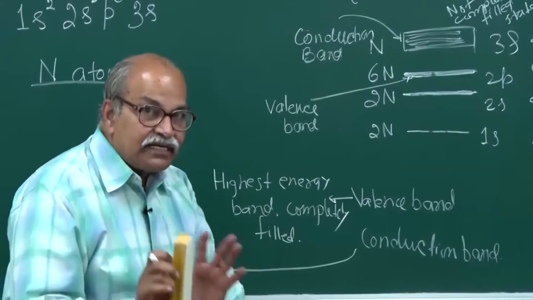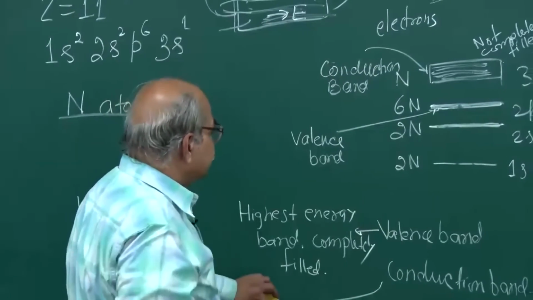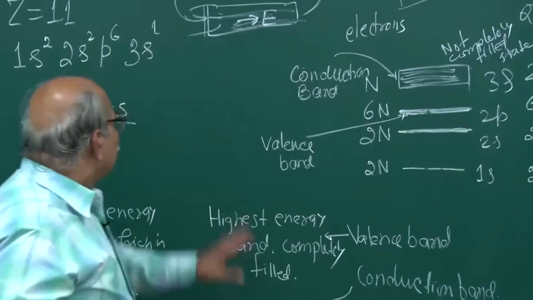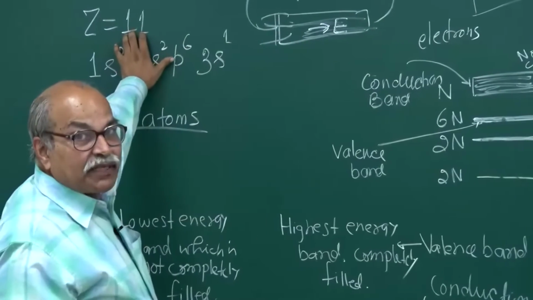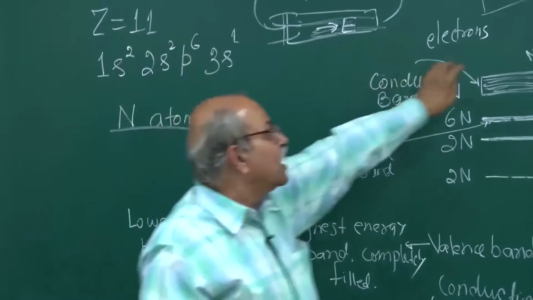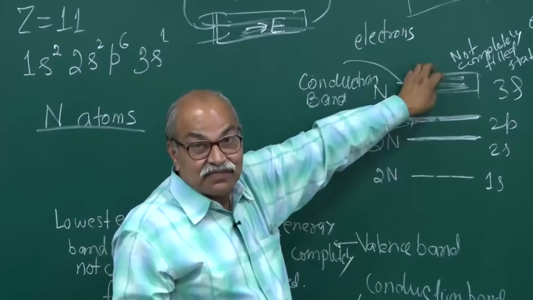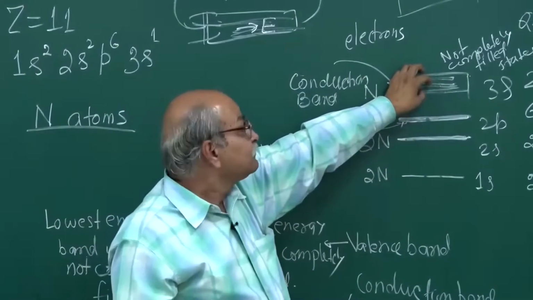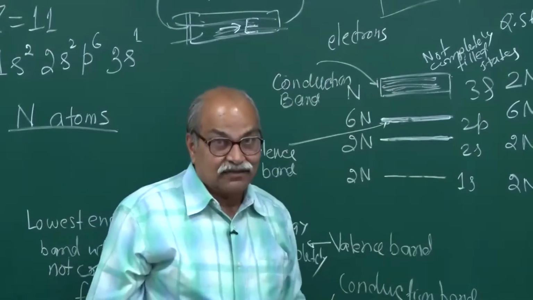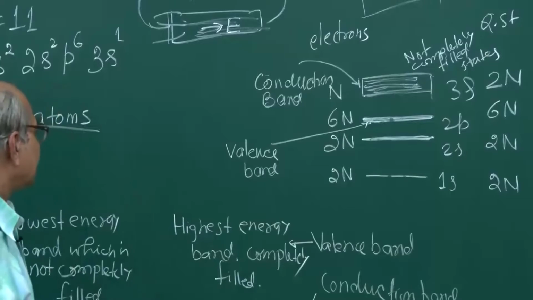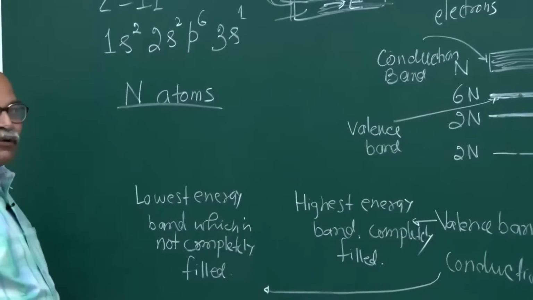Okay, now there are varieties of structures possible. One structure is this. I had taken sodium as an example, where there are 11 electrons per atom, and we see that you have a conduction band in which half the quantum states are empty and half are filled at low temperature, and therefore conduction is possible. Sodium is a conductor. All metals will have this kind of property. What about magnesium?